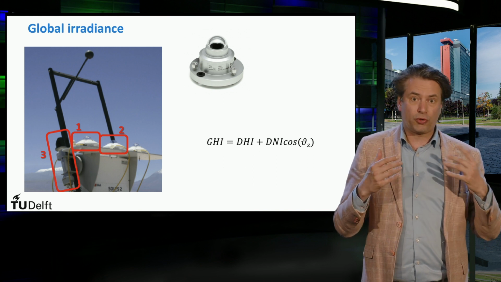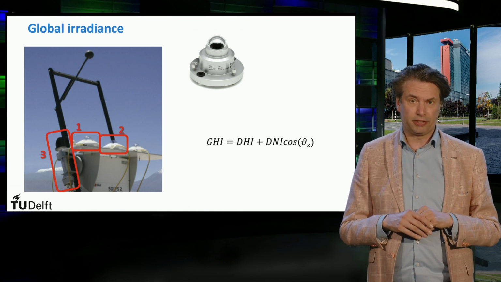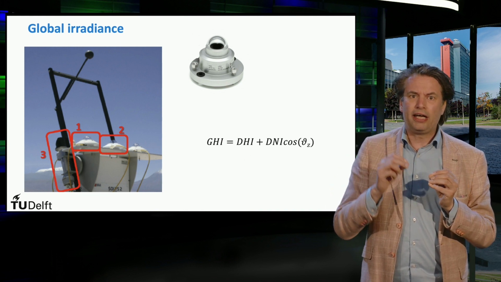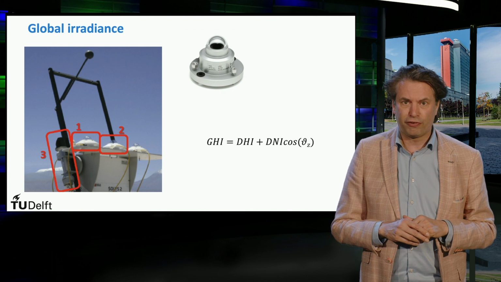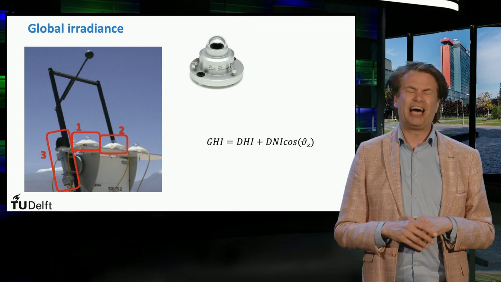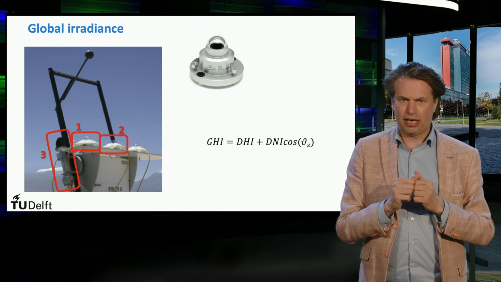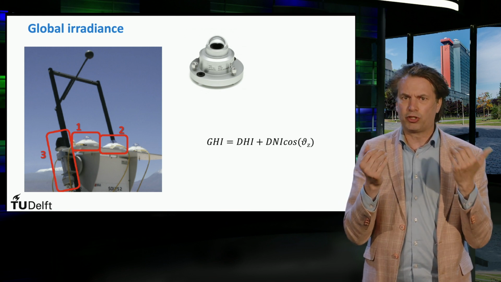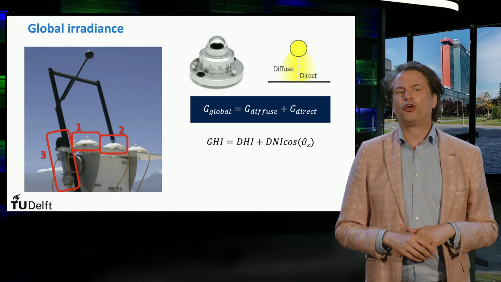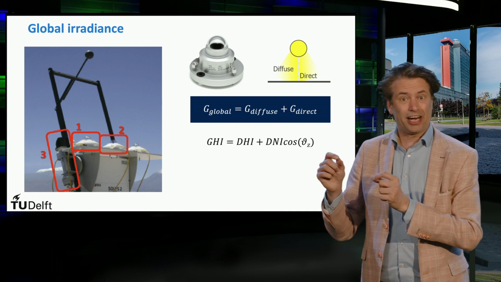We need a hardware called a pyranometer and another type of hardware called a pyrheliometer. Basically, they are electronic devices that count how many photons are received by the surface, and then change this information into a voltage signal that can be read by the software. The light is absorbed in a black coating and converted into heat, and the sensor based on thermopile materials below the black coating converts the heat into a voltage. Here we define the global irradiance as the sum of the diffuse component and the direct component.